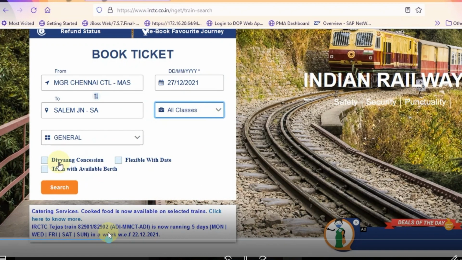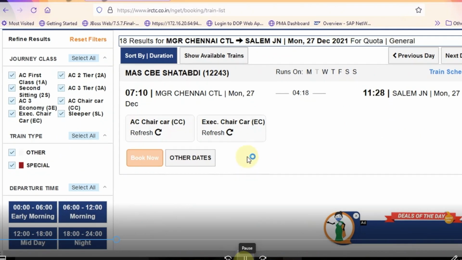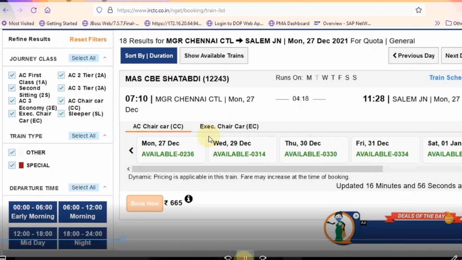And then the user can also select the class in which he needs to travel, and then click on search. After clicking on search, IRCTC provides the results of all the available trains on that particular date of journey. A list will be provided there.